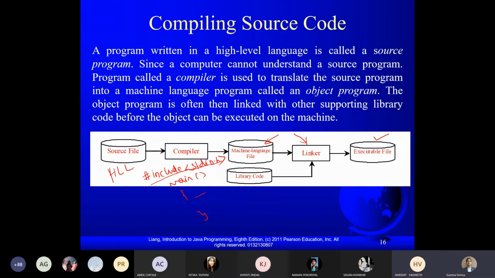It is a library file. तो ये कहाँ पर जाकर के लिंक होगी? ये यहीं से मिलेगी या यहाँ से मिलेगी? Ma'am, library code से मिलेगी ma'am. So the linker will link stdio.h with your main program. Then finally your program will be executed.